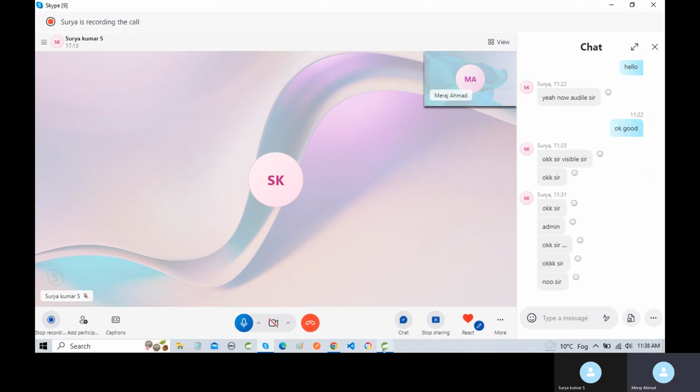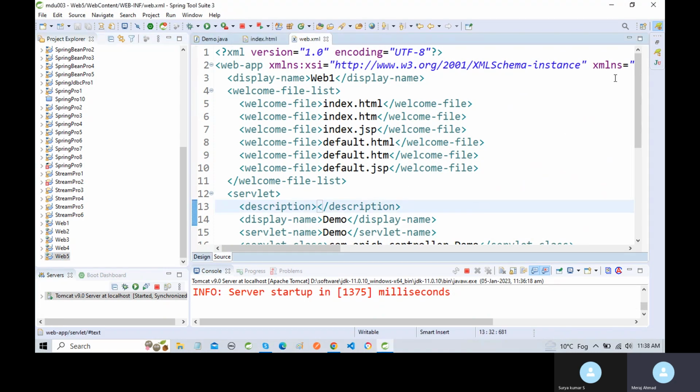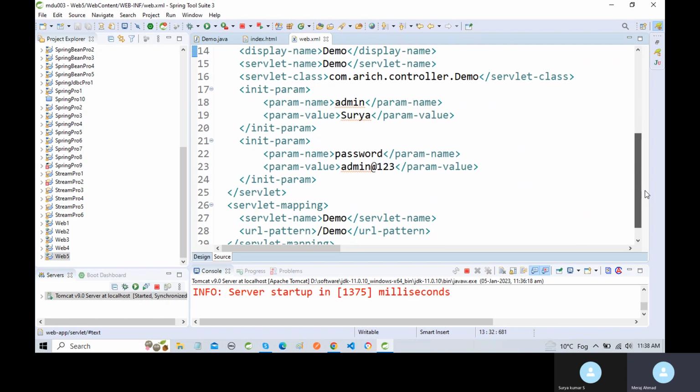Okay, good. Now I'm going to use servlet context. Sorry, that was an example of servlet config. Now we are going to create an example of servlet context. What is servlet context? Actually,